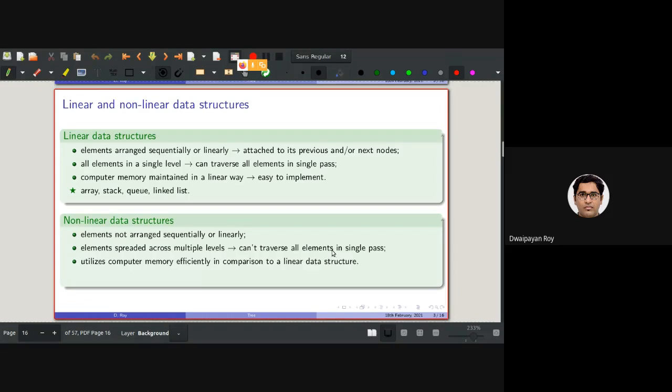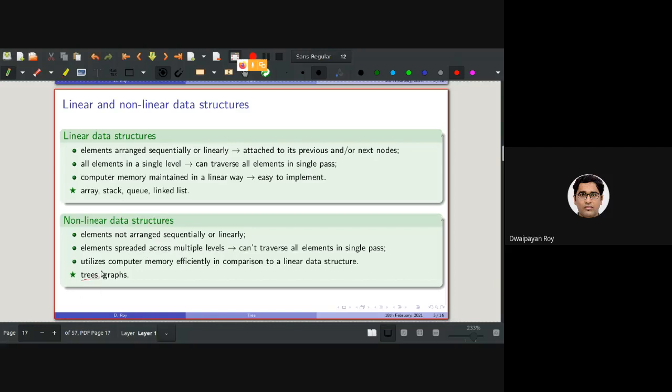The most important part is that nonlinear data structures utilize computer memory very efficiently, so there is less misuse of memory in comparison to linear abstract data types. The examples are trees and graphs. In this course, we will be discussing trees.